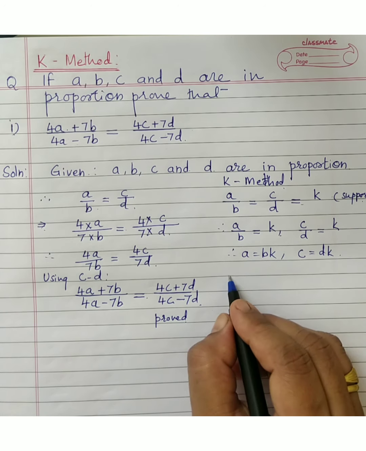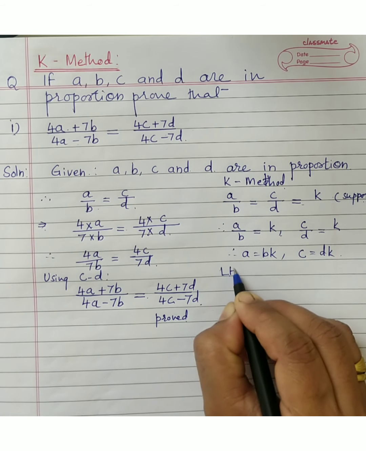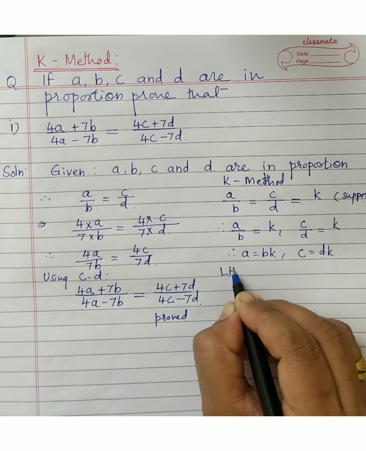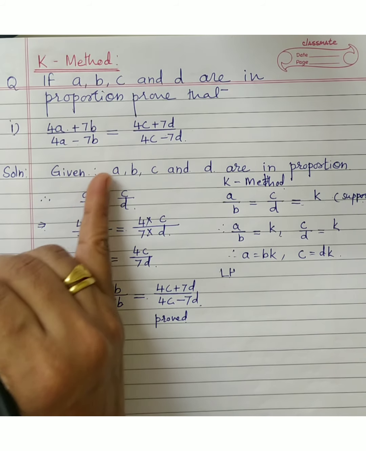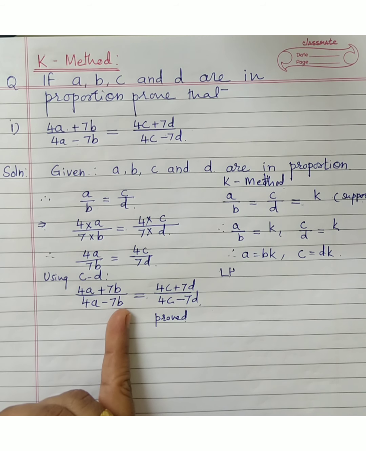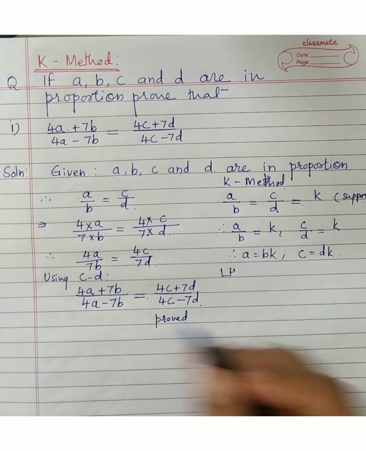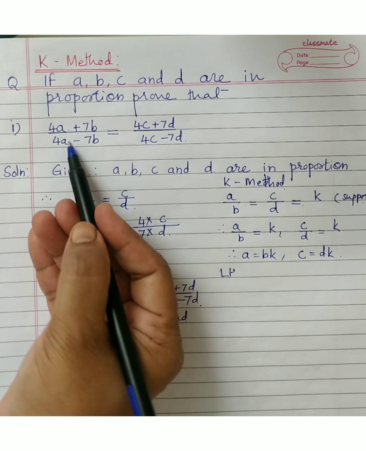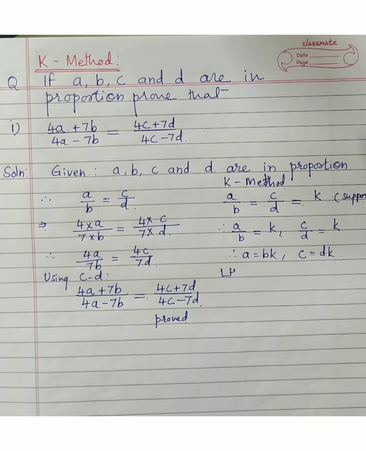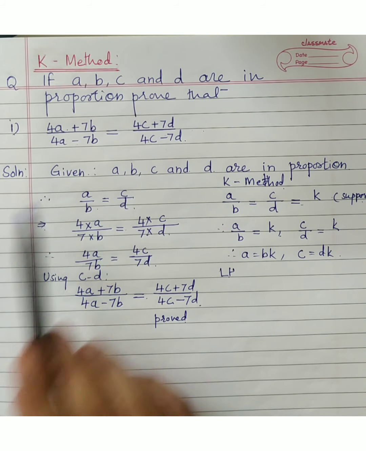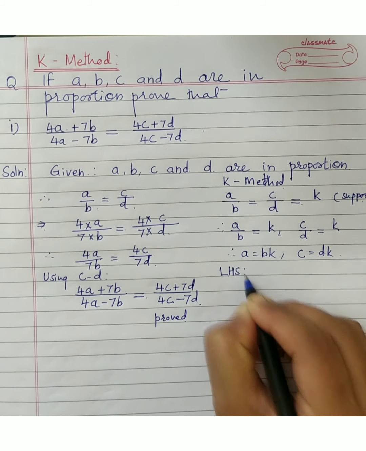Now what you have to do is start with, suppose, the LHS. You have to prove this part. One way is that we started with a upon b equals c upon d and proved it. Now if you are using the K method, you start with the LHS, go for the RHS, and show that LHS is equal to RHS, thus the expressions are equal. So the difference should be very clear in both methods. What is the LHS here?